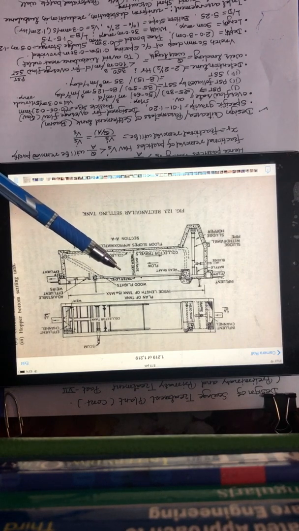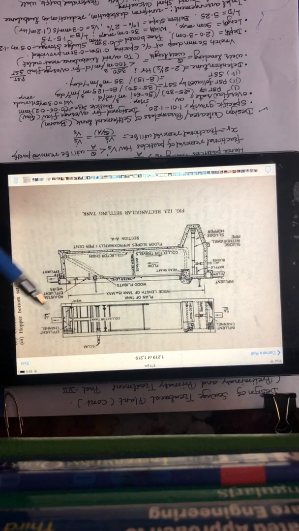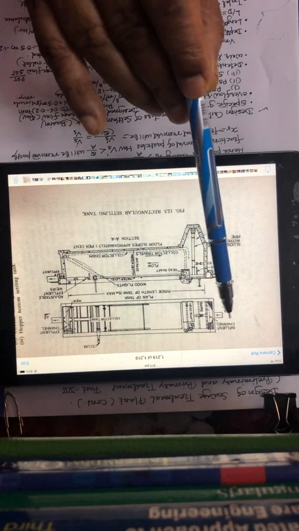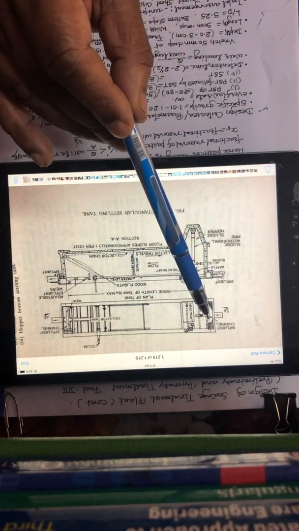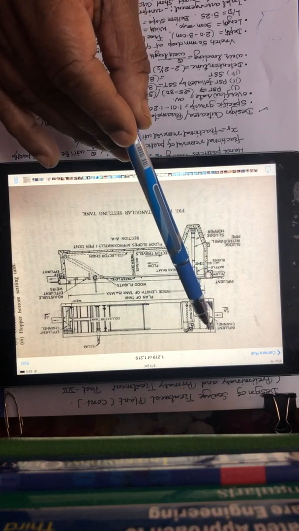Sometimes it is observed that at the top some scum is formed. To remove that scum, we provide some adjustable effluent weir, and through that the scum may be taken out. So this is the plan. In plan, this is an inlet channel, this is the outlet channel, this is the inlet arrangement, this is an overflow